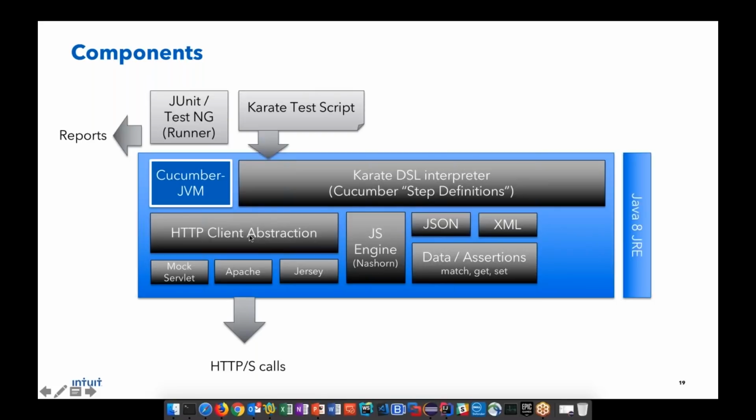You already know that Karate handles JSON and XML and has these assertions, which is what this stuff is on the right. It's worth calling out that Karate has this unique feature where it supports both Apache as well as Jersey as an HTTP client, right? And it's pluggable. I think this is good because it's future proofing Karate in a sense, because in the future, if you really wanted to create another client, you could contribute. It's just an extension point that's very easy for you to contribute to.